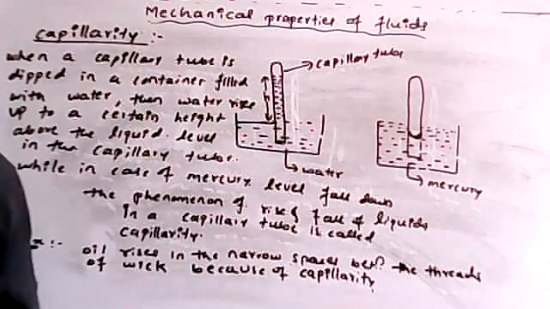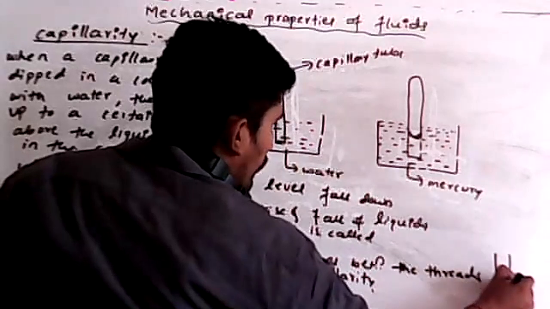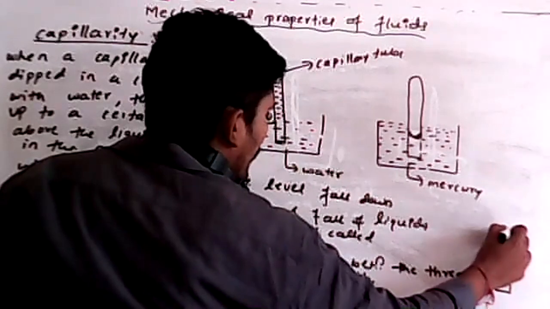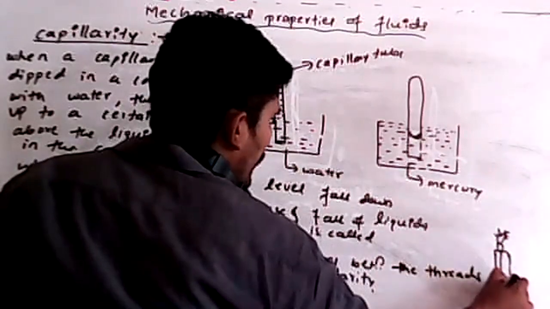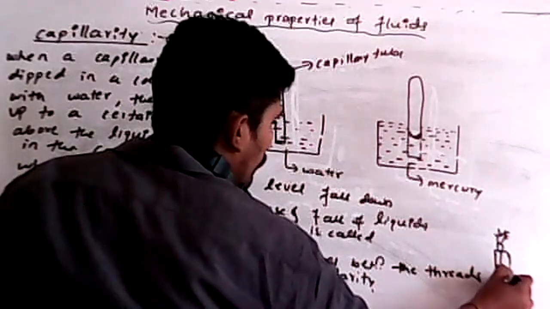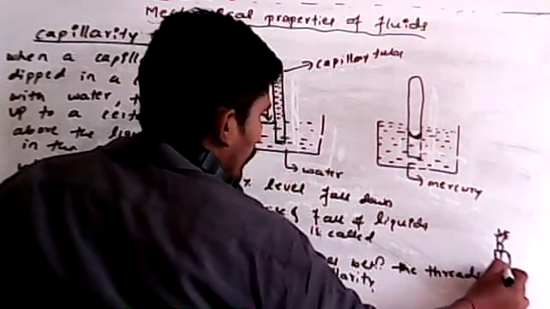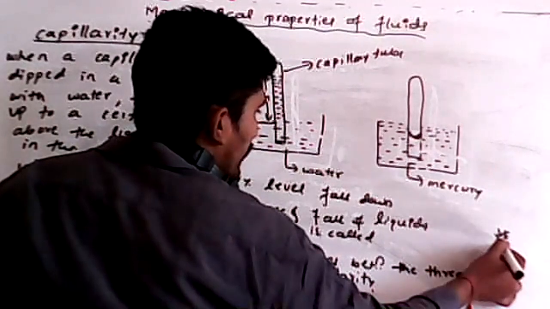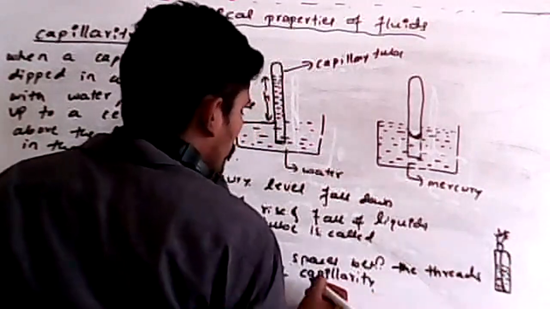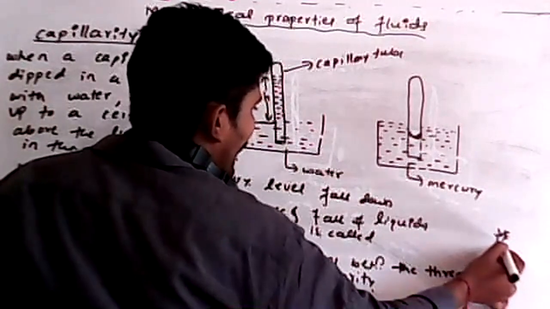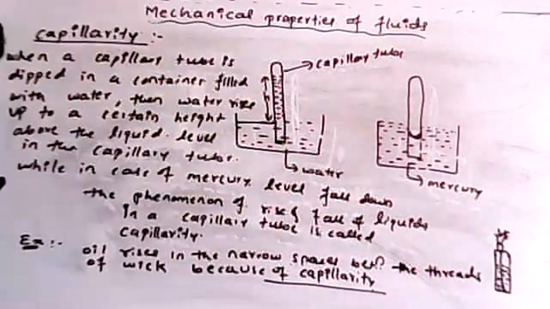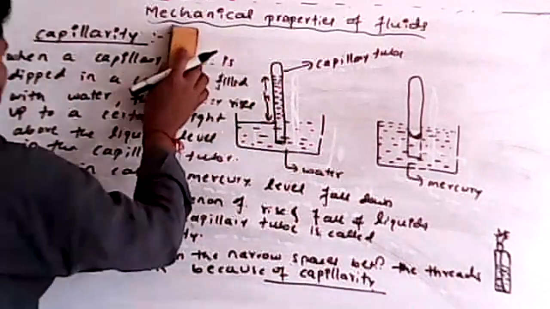You already know what we call a chimney, generally. So in a chimney what will happen? It will burn, right? It is just because of the wick, which is made up of cotton. It absorbs this oil, and the oil rises from here to here, this height. It is just because of surface tension. This rising is explained by capillarity. So that is one good example we see in our daily life.